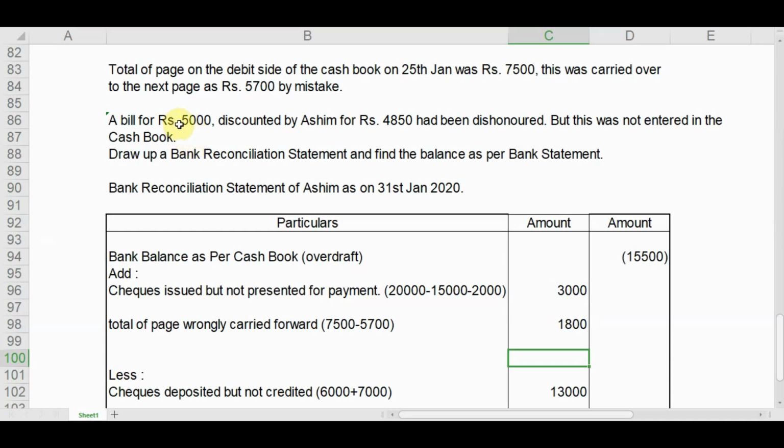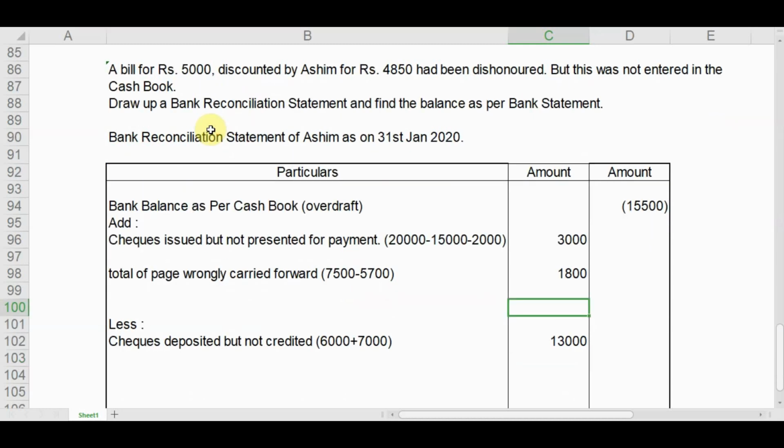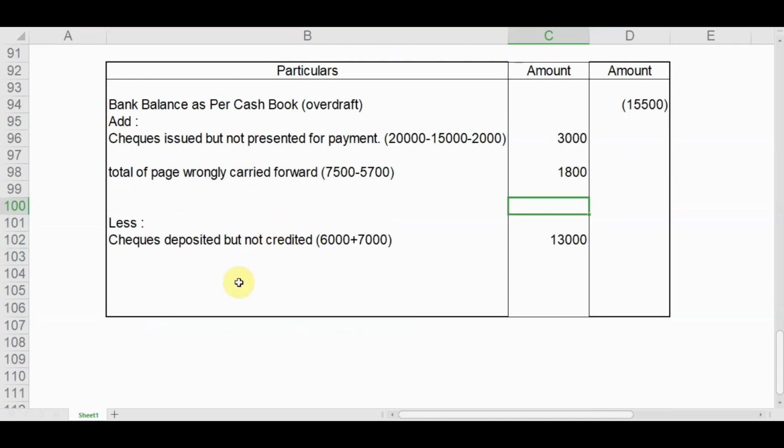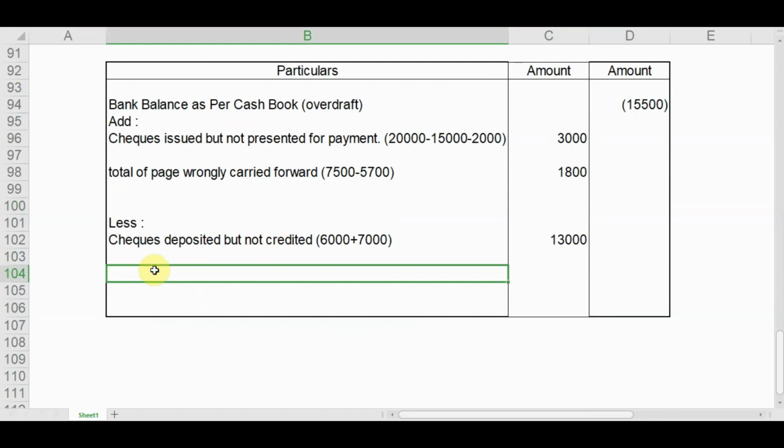So the amount of the bill is rupees 5,000. The bank will debit rupees 5,000 from my account. So the passbook balance has been reduced. As the passbook balance has been reduced by 5,000, we will reduce the cash book balance by rupees 5,000